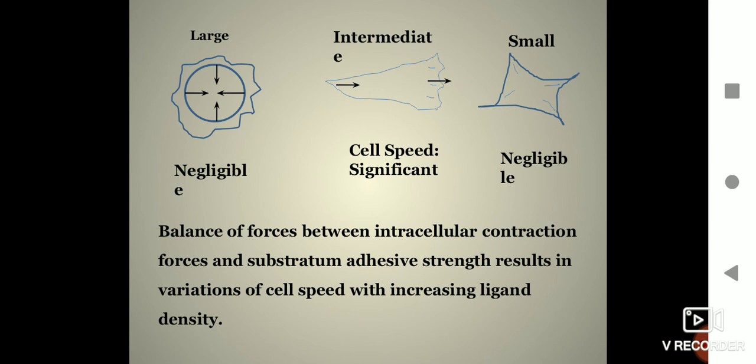Whereas in the third diagram you can see when the number of ligands is too high, the attachment is so high that from the rear, that is at the back, the fourth step does not take place. The rear release does not take place. From the back, the release of the attachment does not take place. And if that release does not take place, the cell cannot move forward. So the interaction cannot be too low, and it cannot be too high. It should be correct in such a way that the correct movement can take place.